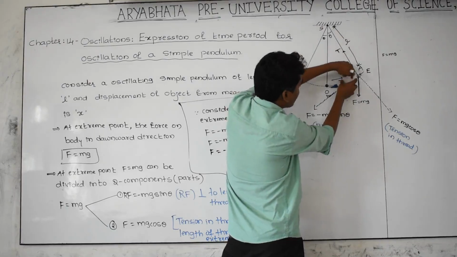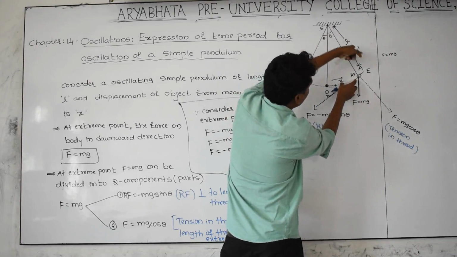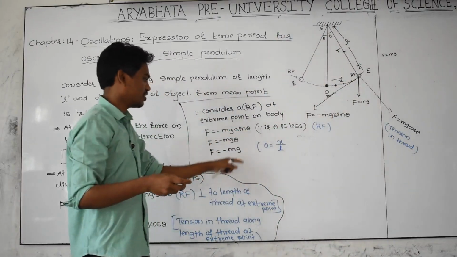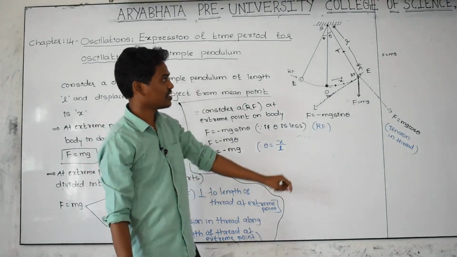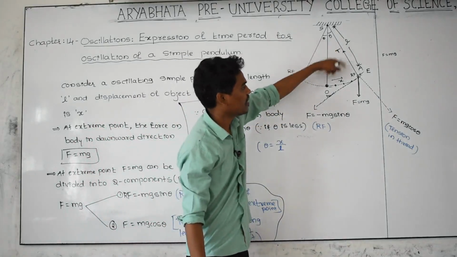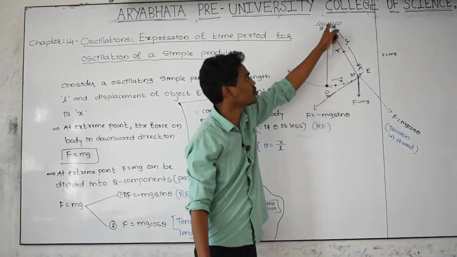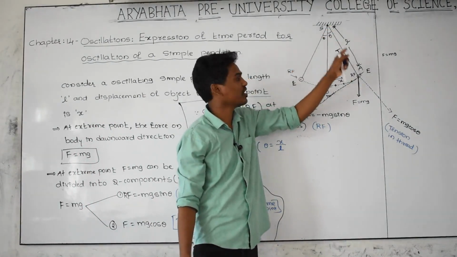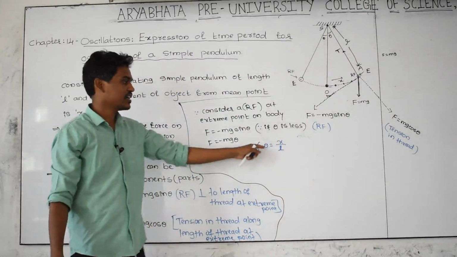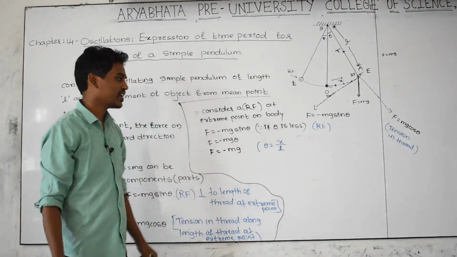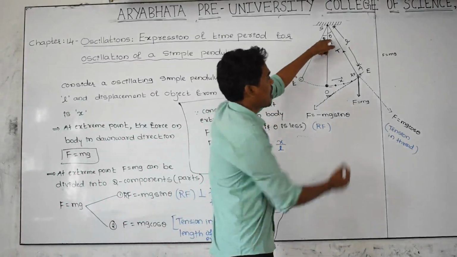This is this line. Restoring force is opposite to theta, and this is length opposite by hypotenuse. This is sin theta. Then theta is equal to x by L. We can write the relation between theta, x and L. X is opposite to theta almost, and L is hypotenuse. X by L, that is you are getting theta. Theta is equal to x by L. You can take like this, or else angle is equal to arc.